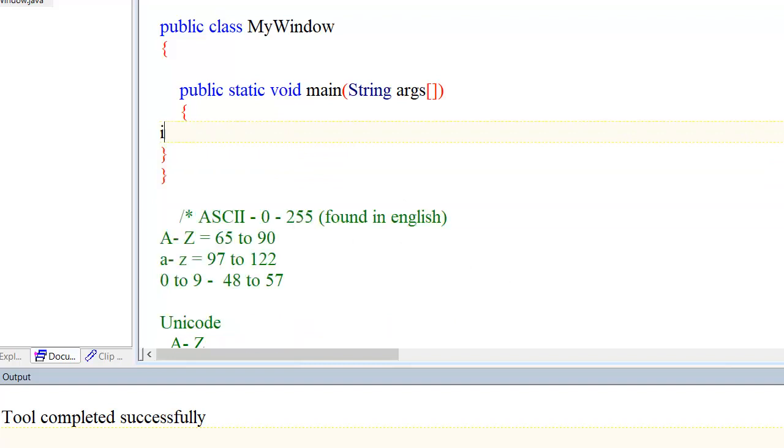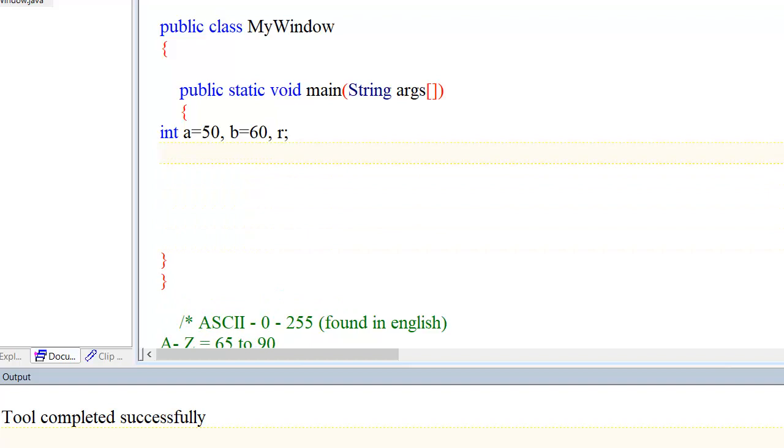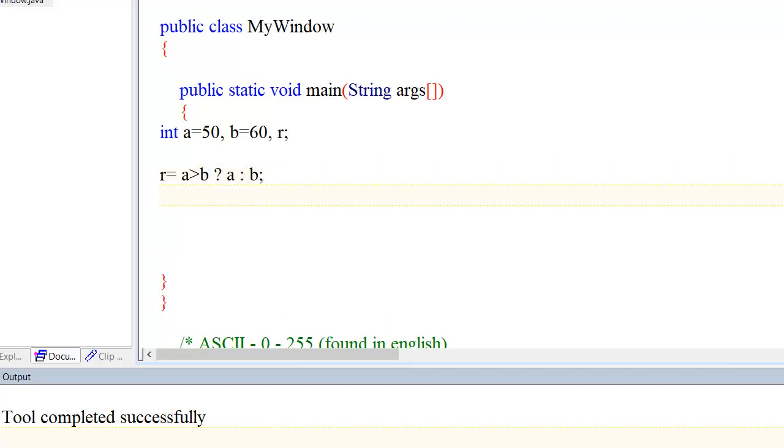Let me write the values: int a equal to 50 and b equal to 60. I want to find the greatest. So how will I use this? I can write r equal to, if a greater than b, a condition. If this condition is true, it returns value a because a is greater, colon, if not greater, then return the value of b.